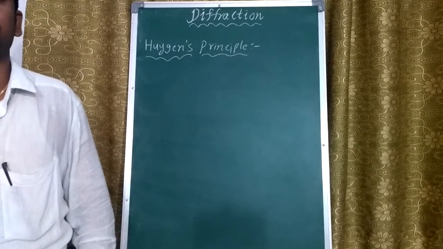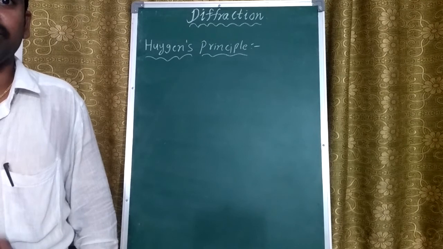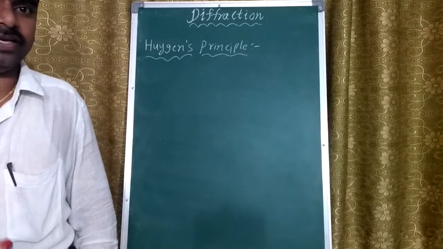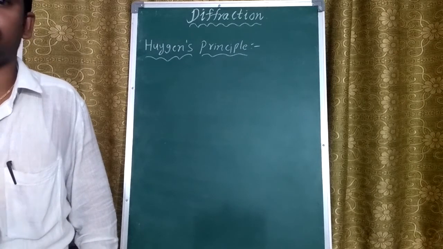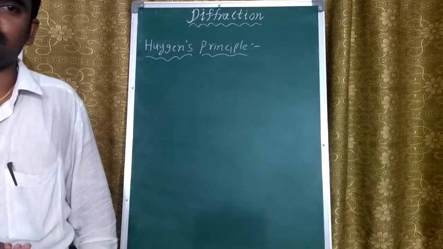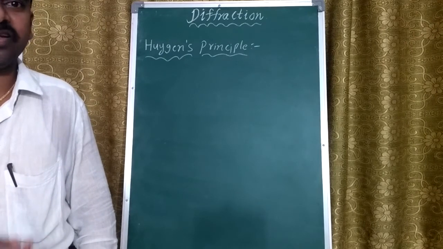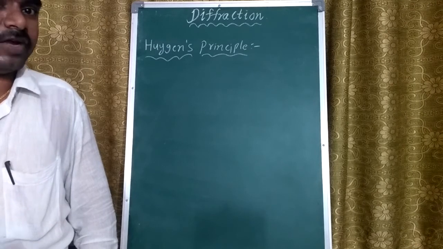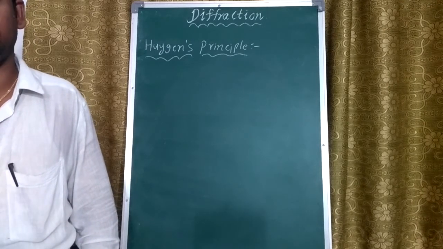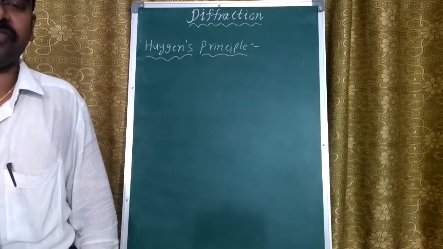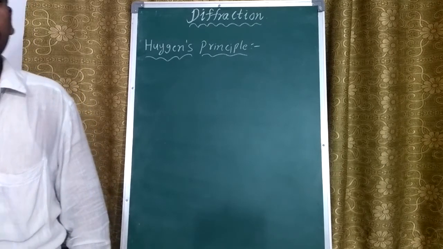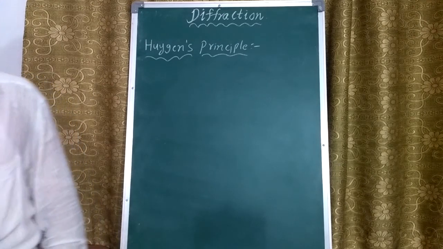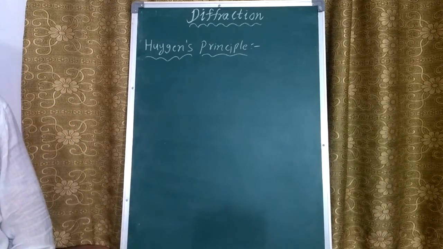Both reflection and refraction are successfully explained with Newton's theory. But Newton's theory failed to explain some concepts. That means the multiple colors we observe in thin films. Why are we observing them? Newton's theory didn't explain. That means interference was not explained by Newton's corpuscular theory. Why are we observing the shadow regions? The shadow regions mean diffraction patterns. It was also not explained by Newton's corpuscular theory. To overcome those failures, to explain that,